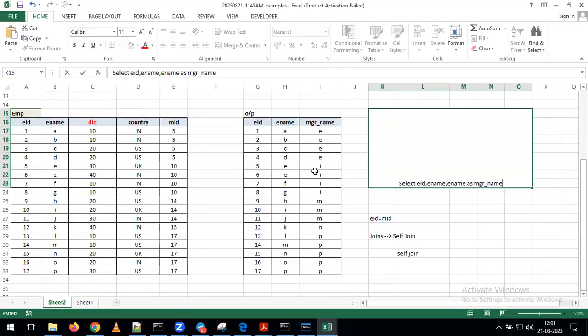So indirectly in the select statement, we can pass the columns like this. You want to get the ename only, but for that ename in the output, I want to display the column name as manager name. For that reason, we give the alias name like this. Okay. After that,